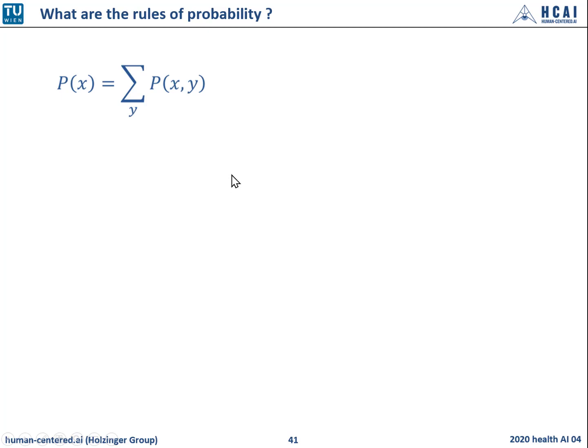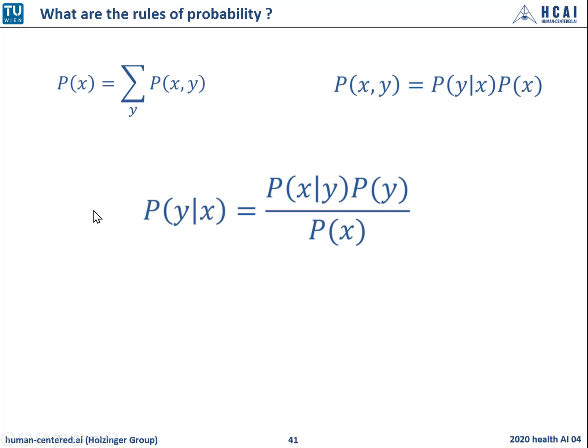And the same applies to the product rule. You see here the product rule. And what we see here is a corollary of the sum rule and the product rule, and this is called the Bayes rule. And of course we then have to normalize, so that this is our denominator. And this is really awesome. This is the basic.